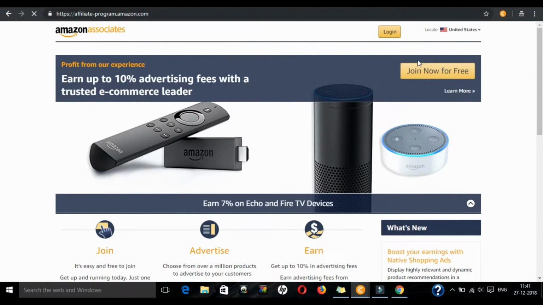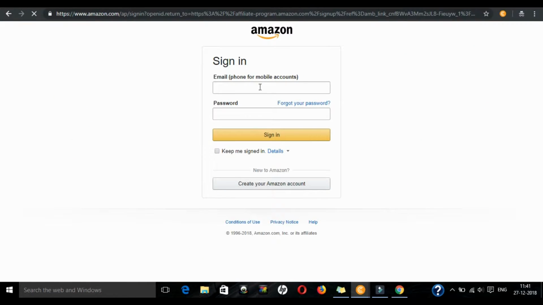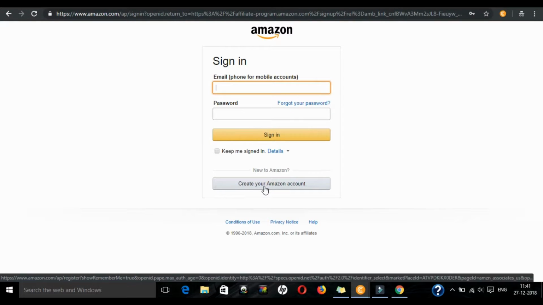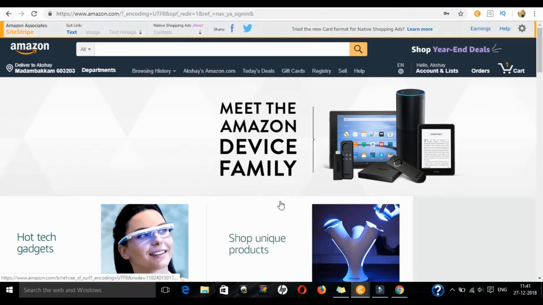You click here and you can either sign in if you have an Amazon account, or you can create a new Amazon account from the start. Either way, it takes nearly 5 to 10 minutes to create an associate account, and once you get registered, you will see an extra bar at the top of the site named Site Stripe